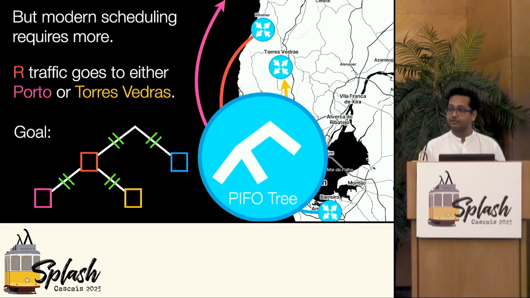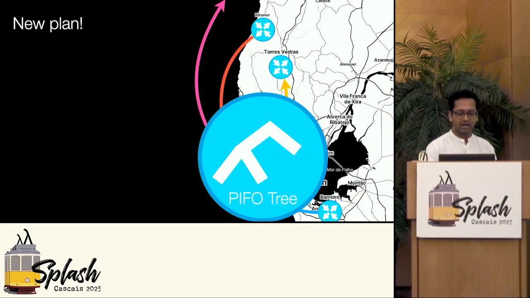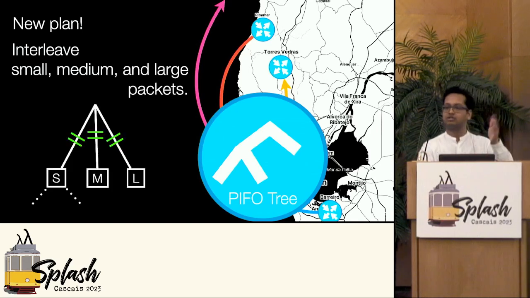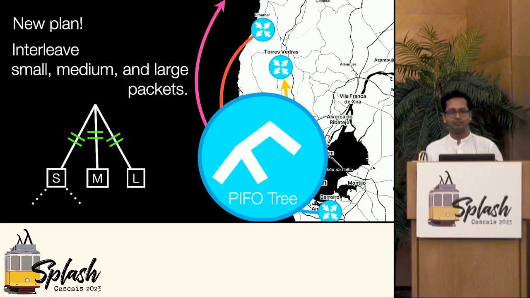The day is saved. Sadly, the user says, look, everything worked fine. You did what I asked, but I was still seeing congestion because large packets were clogging up the works. I want to split up my flow in a different way. Please interleave small, medium, and large packets, and then do some more stuff among the small packets. That is my new request. Look, my PIFO tree is totally going to keel over and die. It just can't conceive of splitting the flow 3 ways. It's intimately tied to the notion of splitting 2 ways, and then 2 ways again on the left side. You don't know what a PIFO tree is. I appreciate that. I'll solve that shortly.